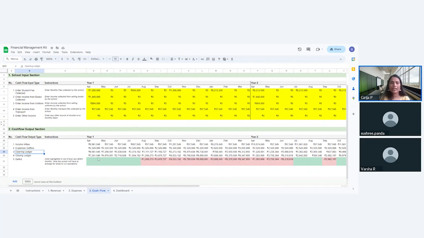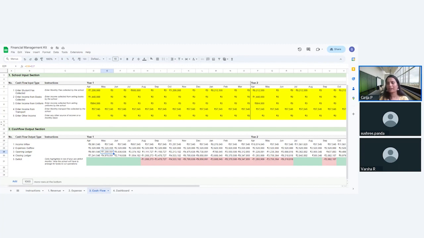And again, you can see in May, you will see the money you are getting in that month, and the opening leisure will show you how much money you have for that particular month. And again, the closing leisure will tell you how much money you have after spending on different activities. So it will help you to understand, in every month, how much money you will be left with, how much money you have in the beginning, and how much money you're left with after